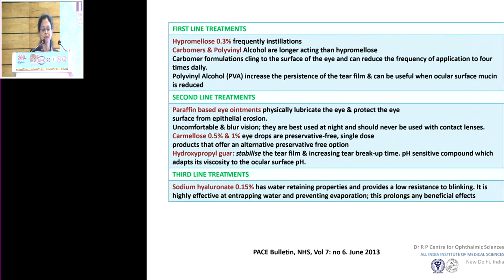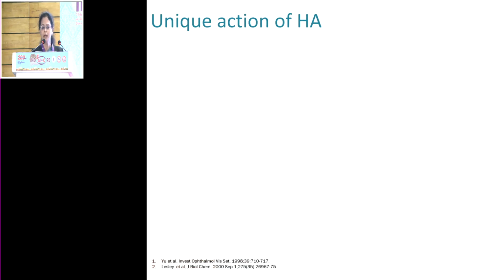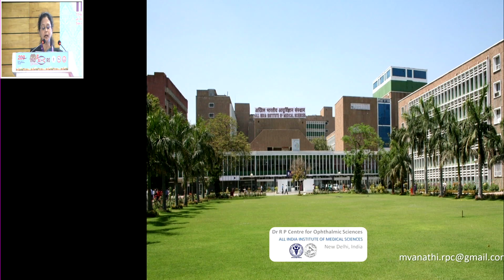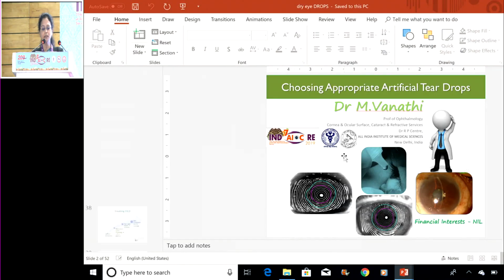This by and large is the latest which is available in international literature, which is a PACE bulletin. It is a recommendation of what medication you would like to choose first, why and when, which will be the first line, second line. So go back and do read about them. Due to lack of time, I will stop short here on how hyaluronic acid works, and I'll just move on,